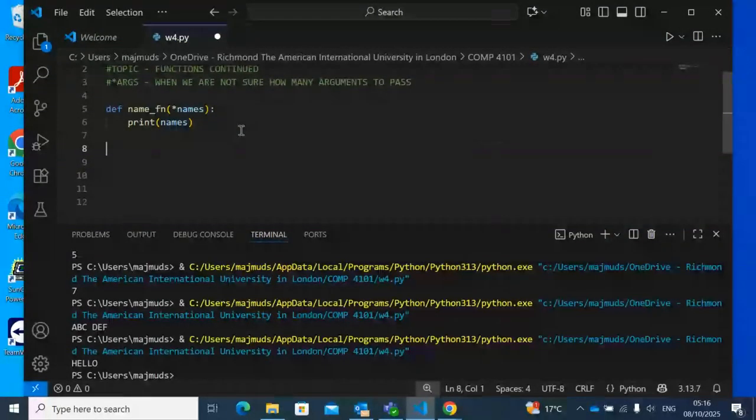And then all you have to do is, when you call the function, say name underscore fn, let's give some names, say Emily, then Ali, and let's give one more. Let's say Ramesh. Yeah, if you give these three names,